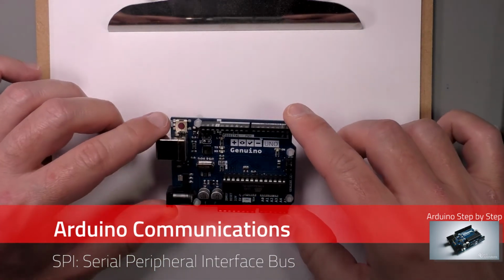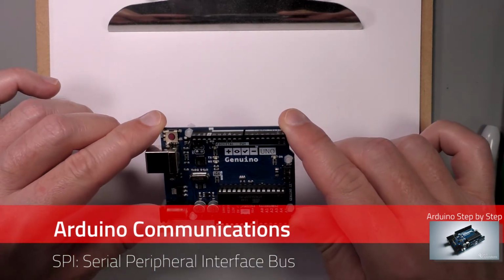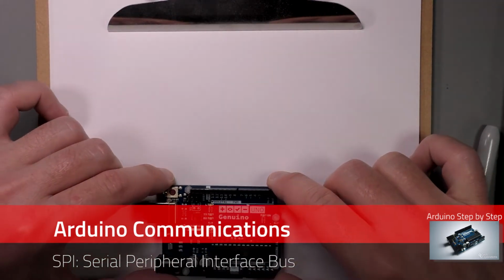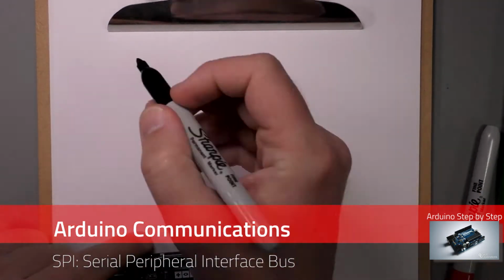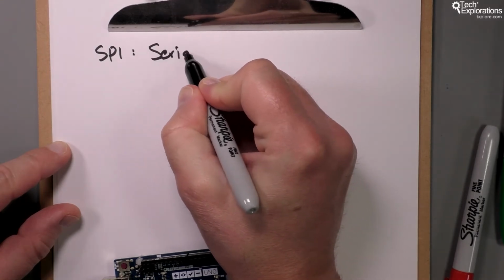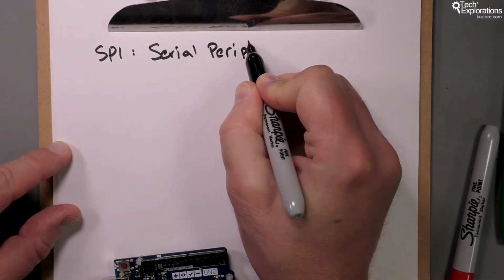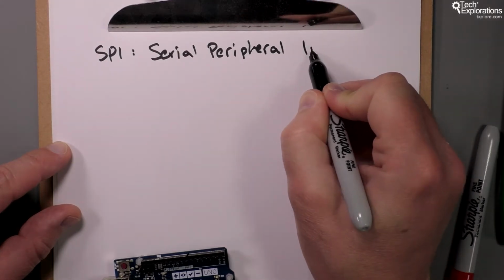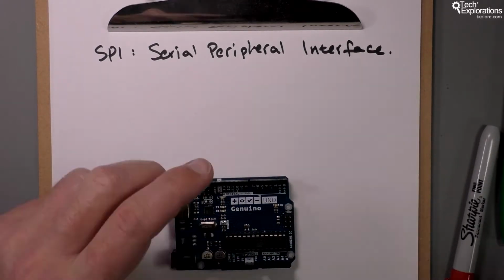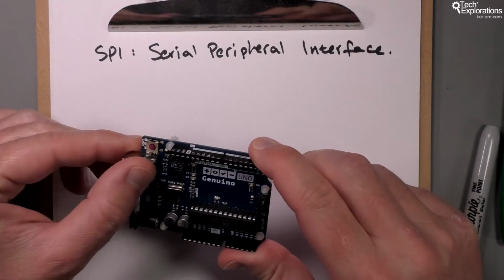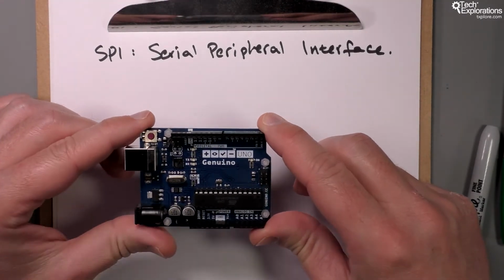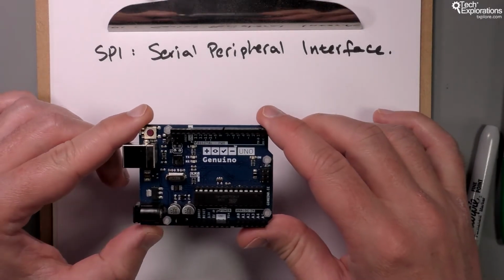The third serial protocol that the Arduino Uno implements is the SPI protocol. SPI stands for Serial Peripheral Interface Bus. So with SPI you can have very fast serial full duplex communication with an external device, unlike the I2C,